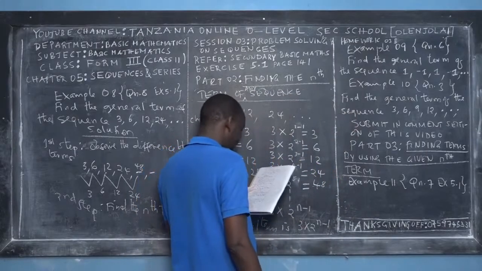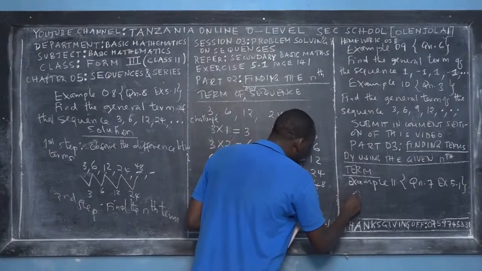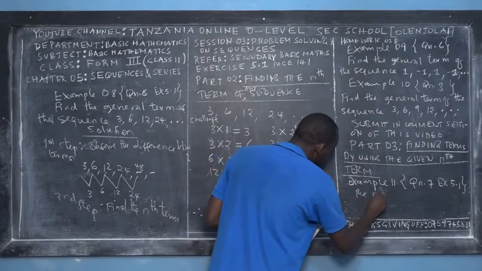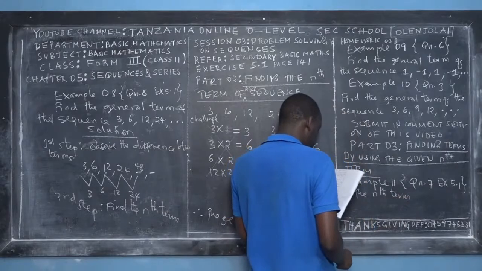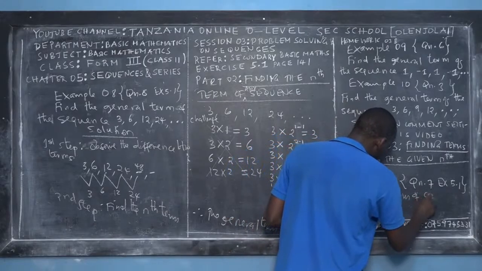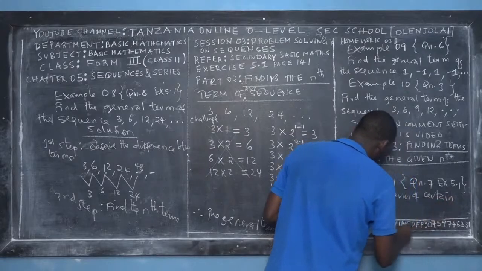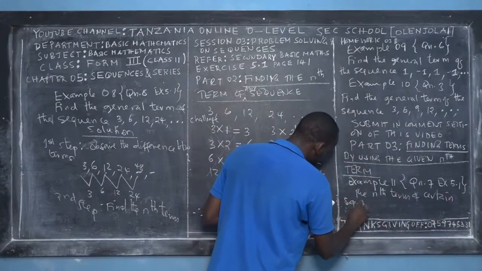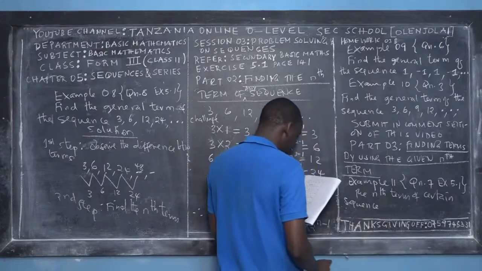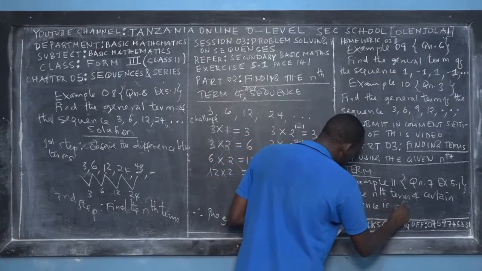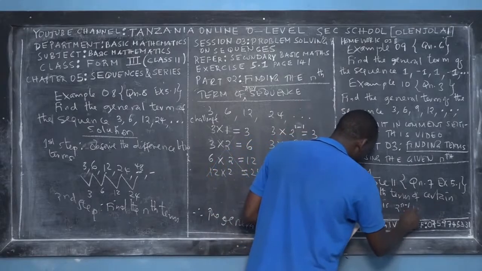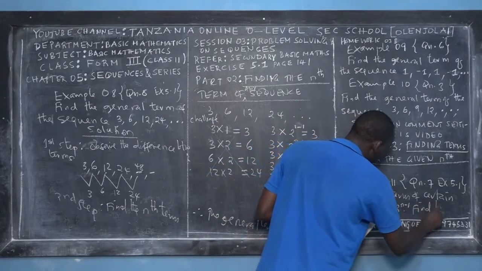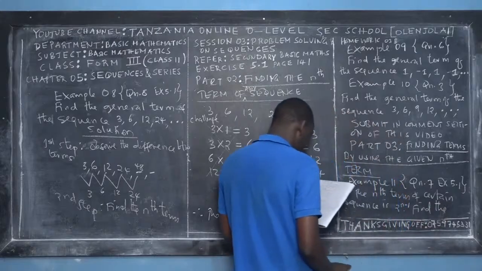So the question asks: the general term of a certain sequence is 2 power n minus 1. Find the sum